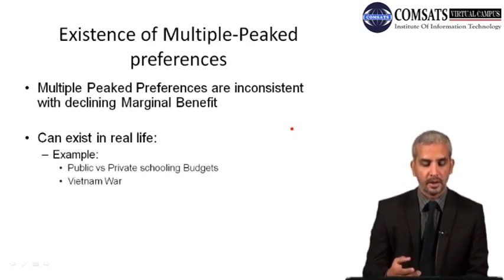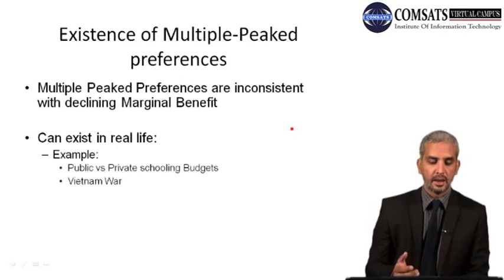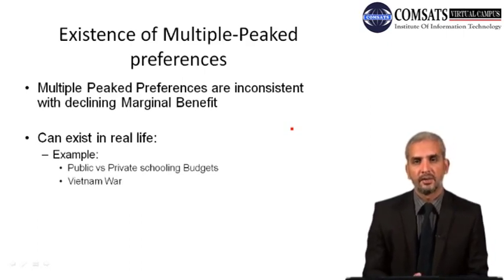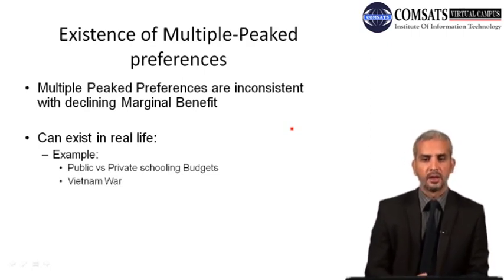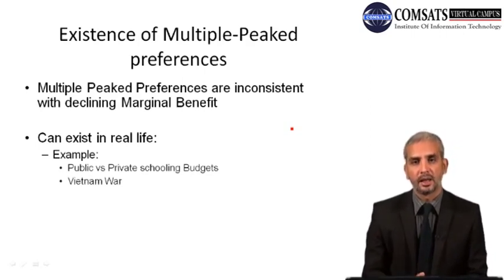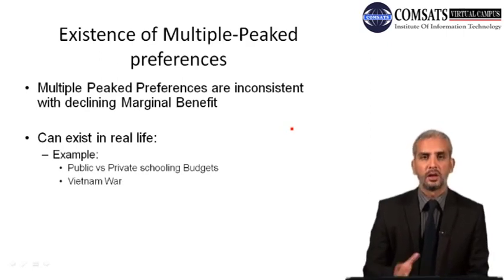In this example, what we would expect as an outcome is that he is opting for a lower budget for public schools because he is not getting a benefit out of it. His marginal benefit is not affected by the amount of budget allocated to public schools, because in terms of taxes he would have to pay a higher amount if a higher quality of public schooling is opted for. So what we would expect is that only a moderate quality of public schooling would be opted for, and in that case he would be taxed at a moderate level.